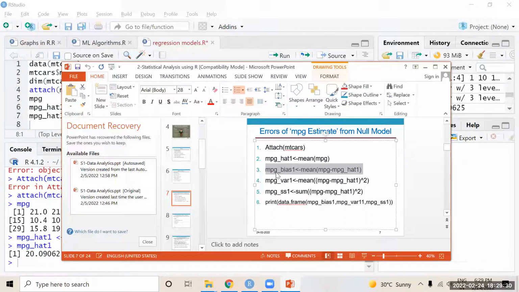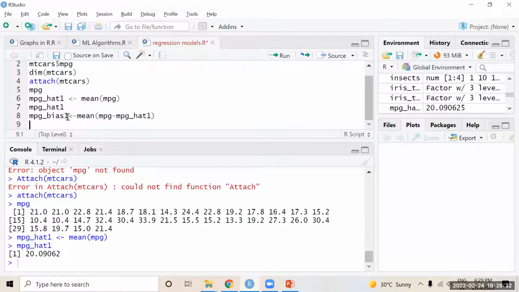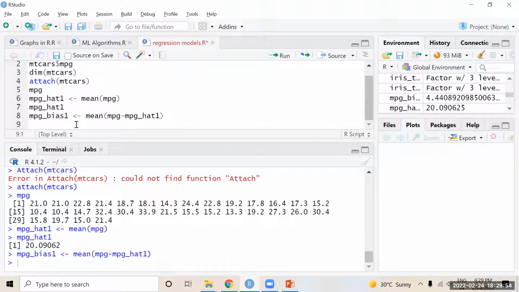So now next one, the mileage of the vehicle minus the mean, for each and every observation. Okay, this is the difference between each and every observation and the mean, that I am storing in mpg_bias1. Now I want to know the value of this.